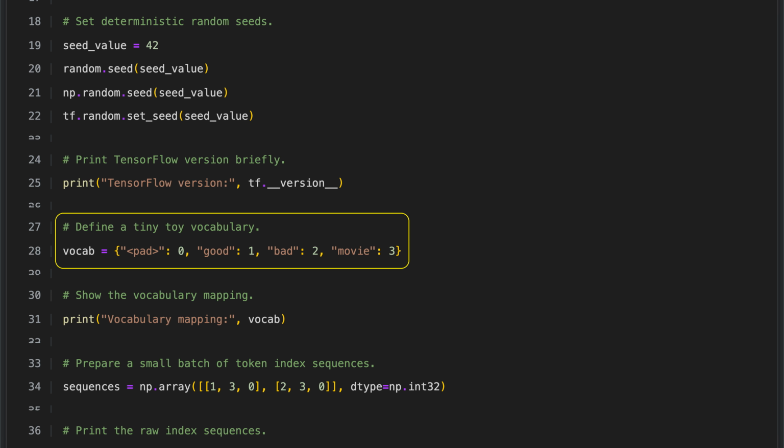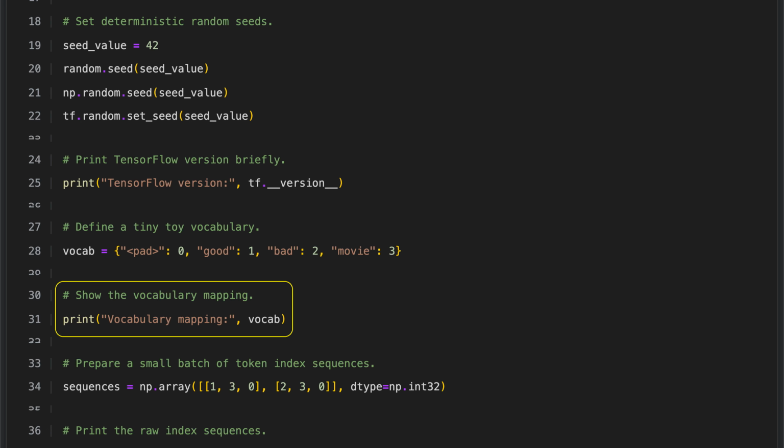This mapping is essential for turning text into numerical form that machine learning models can use. This line displays the vocabulary mapping, which is a dictionary that links each word to a specific token index. This mapping is essential because it converts text into numerical form. Once in numerical form, the data can be passed into the embedding layer, which processes these token sequences for further